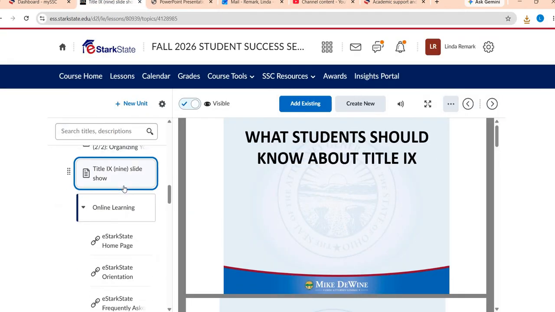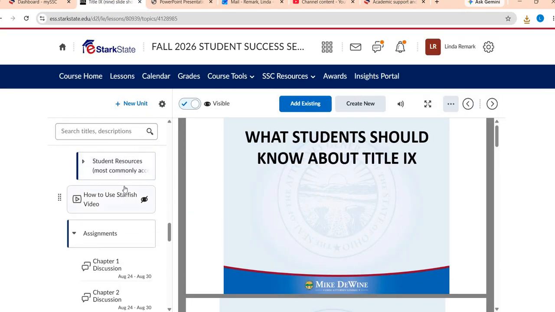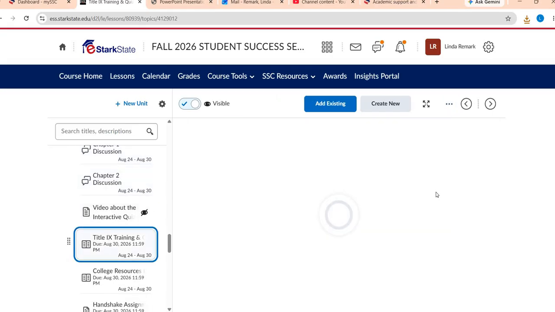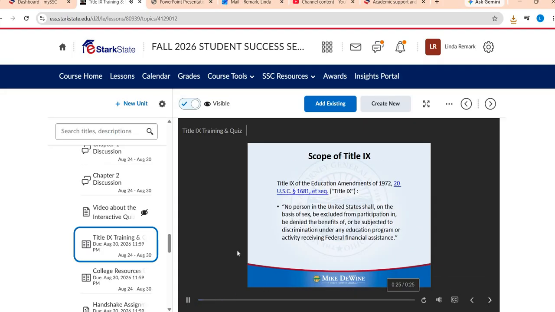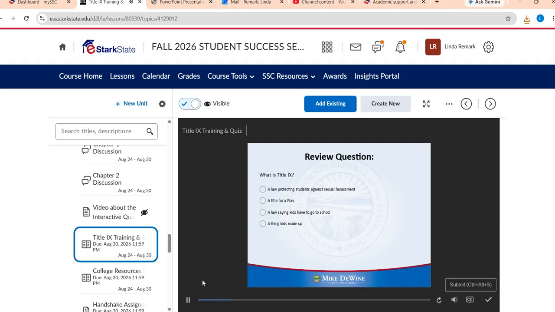So when you're ready, you'll go ahead and click on the name of the assignment. Again, lots of scrolling. Title IX training. You're going to navigate by clicking the little arrow in the bottom right-hand corner, and it's going to talk to you. This is an interactive quiz. You can certainly stop and read and look at some of these slides with information, but then eventually, after the objectives of what is Title IX,